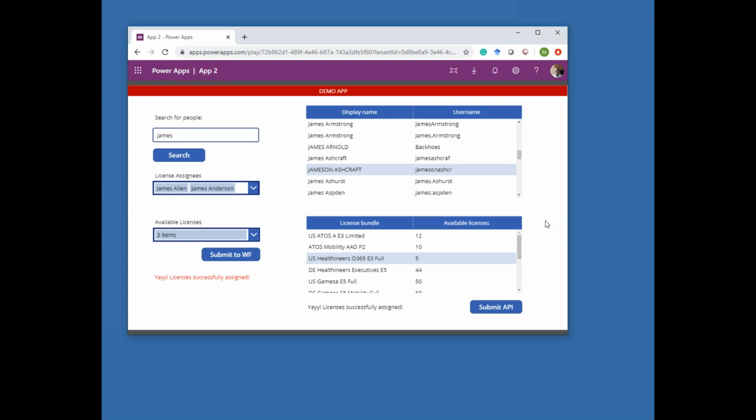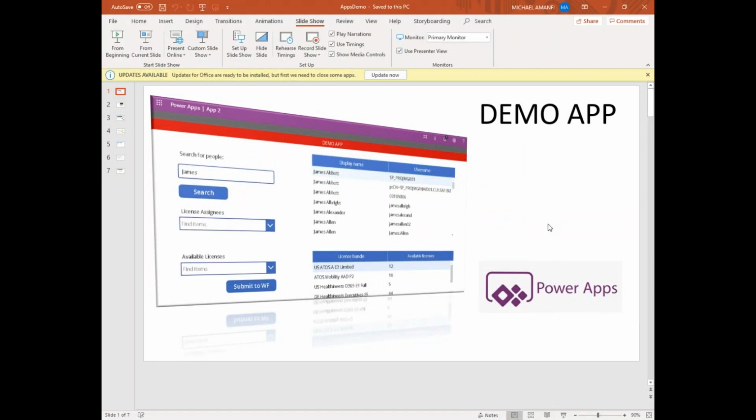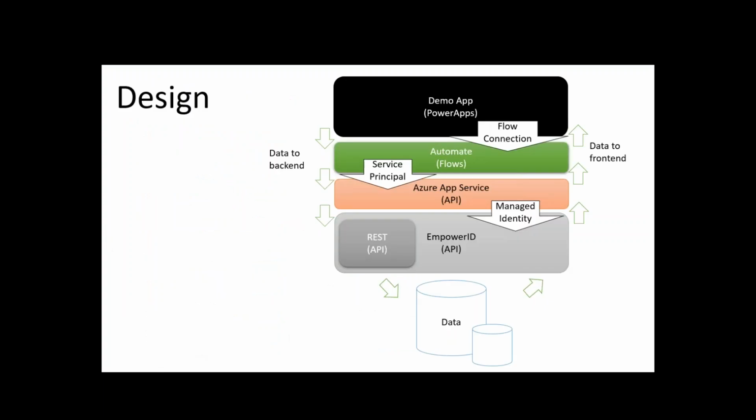Now, to show you how the pieces fit together, I'm going to bring up my PowerPoint. So for the design of the application that I just showed, what I showed you was the Power Apps application, which is essentially the user interface of the app. However, behind that is an intricate interaction of different components, and it includes Microsoft Flows and Azure App Service, and of course, the EmpowerID